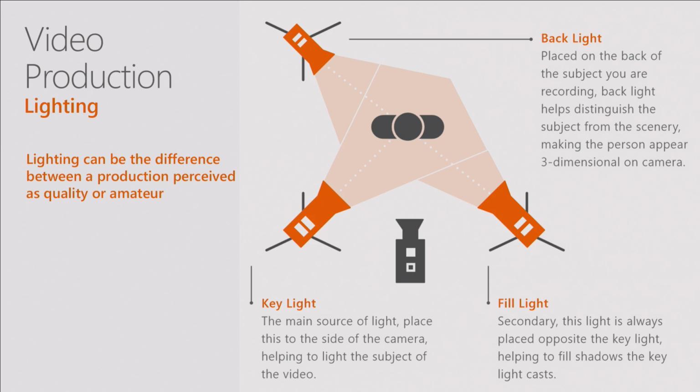Video production, a couple best practices. If you want it to look good, people put a lot of time worrying about the camera and the megapixel kind of things, what's the resolution and stuff. But I'll tell you, lighting is huge. If you don't have good lighting, it doesn't matter how good the camera is, it's going to look like an amateur production. So this is actually a little diagram. There's supposed to always be 3-point lighting for a video production, with the main source of light in front and to the right, and then you've got a side light and a backfill light to provide some depth.